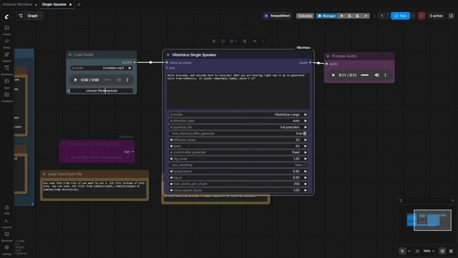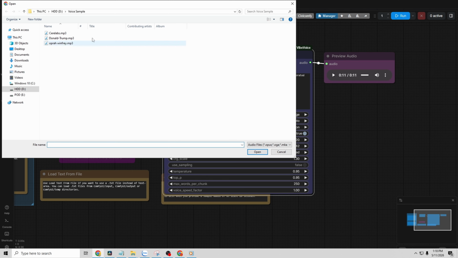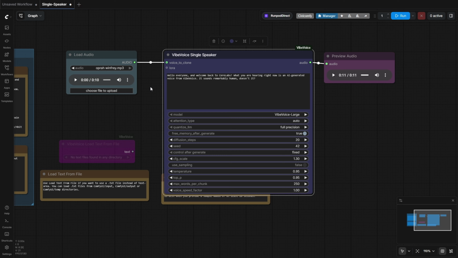speech. Please prepare an audio file of the voice you want to clone. You can even use your own, ideally about 10 seconds long. After that, enter the text you want to convert, hit the run button, and wait for the system to process